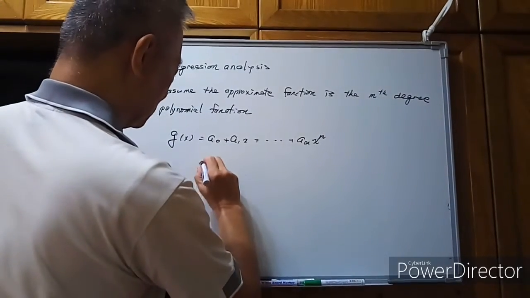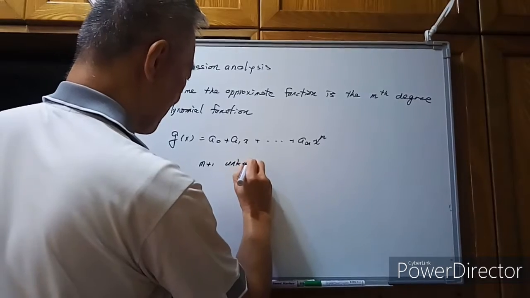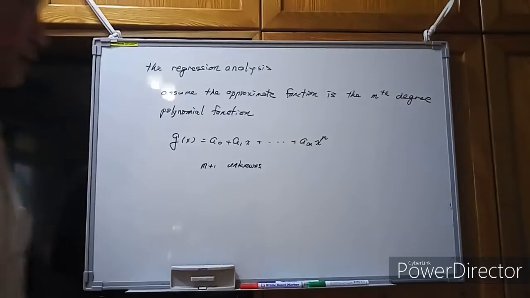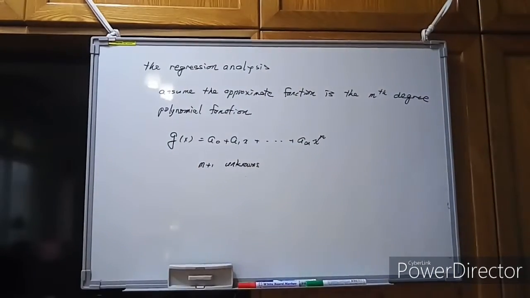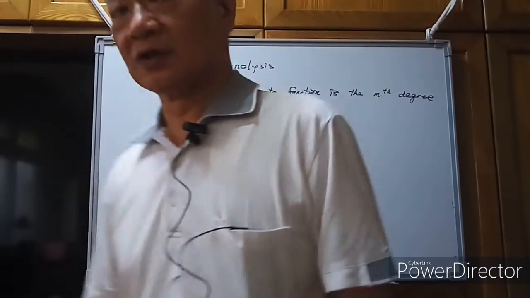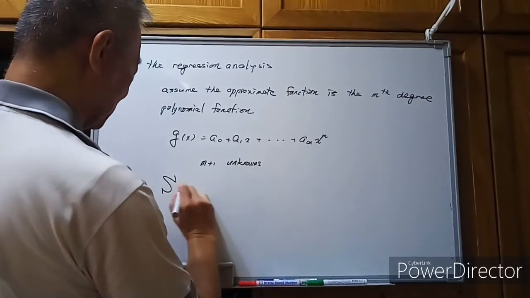So there are m plus 1 unknowns. Okay, so that's the assumed functions, and we can take the partial derivatives,